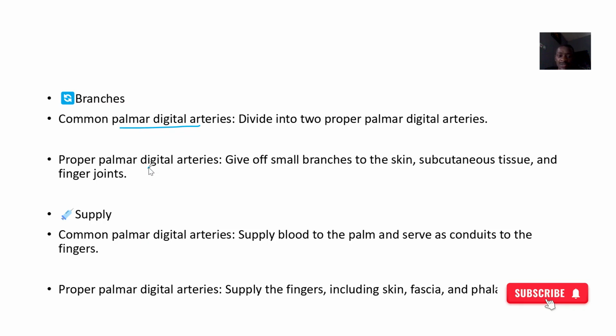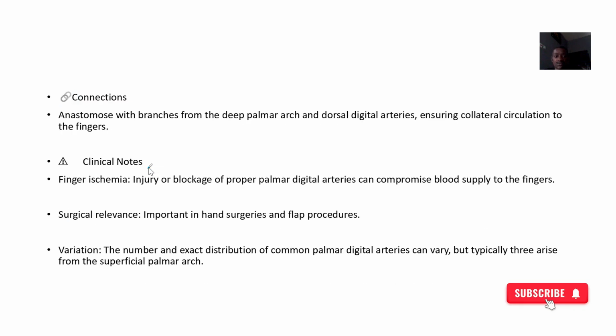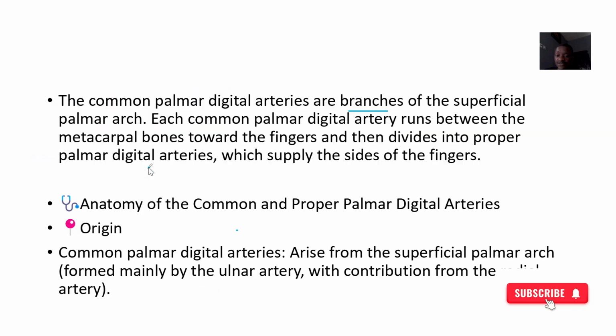So you learn about it because if they are compromised, it could lead to what? Shortage of blood supply towards the fingers. That's finger ischemia. Their surgical relevance, and also what? The variations. Their distributions can be different from one human